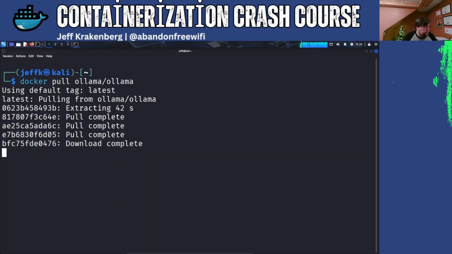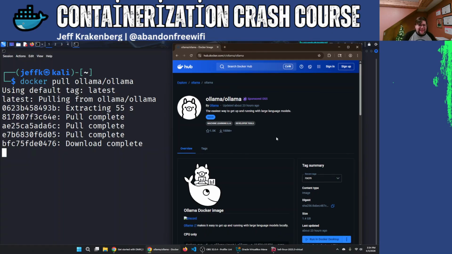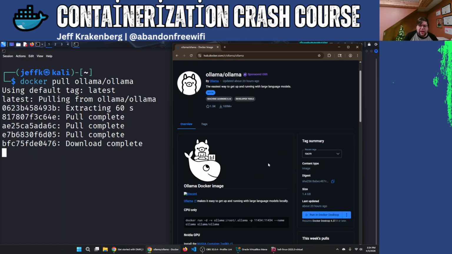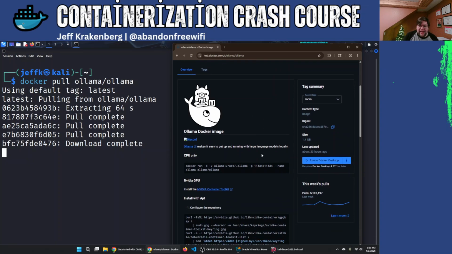Let's go ahead. I'm going to bring up that Ollama from the Docker repository. This is what we've been working with right now, or what we're pulling down. It is just the localized LLM by Ollama. It's got a neat little llama on a whale. It's like they're merging them together. And it gives you some